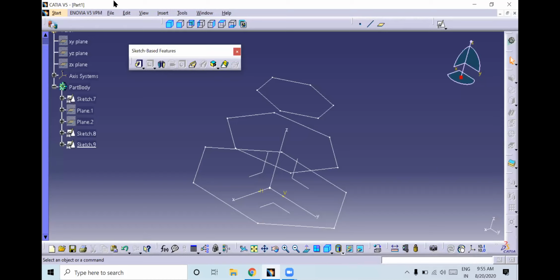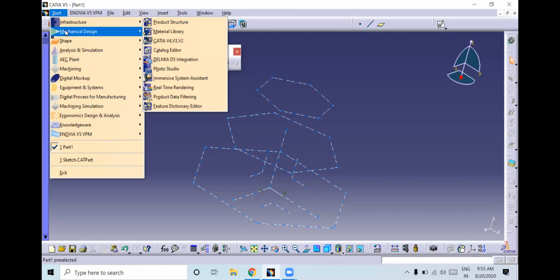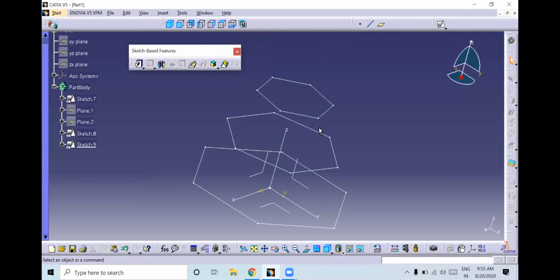Yes, sir. Okay. So to create guidelines here, I will go to start. Video lagging. Now you are getting it? If it is lagging, don't worry, I will just share the video. You can refer to that also if you have any doubts, or else you can ask me on WhatsApp itself.